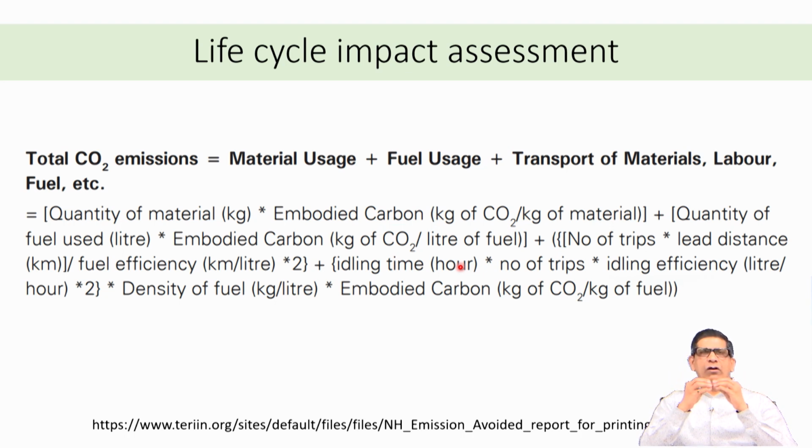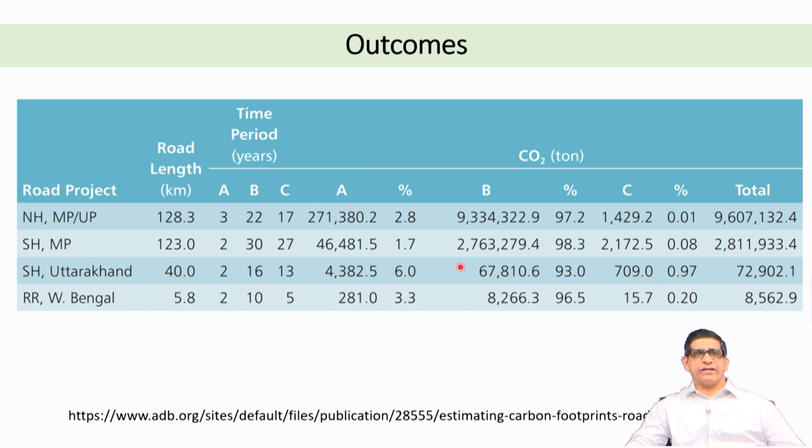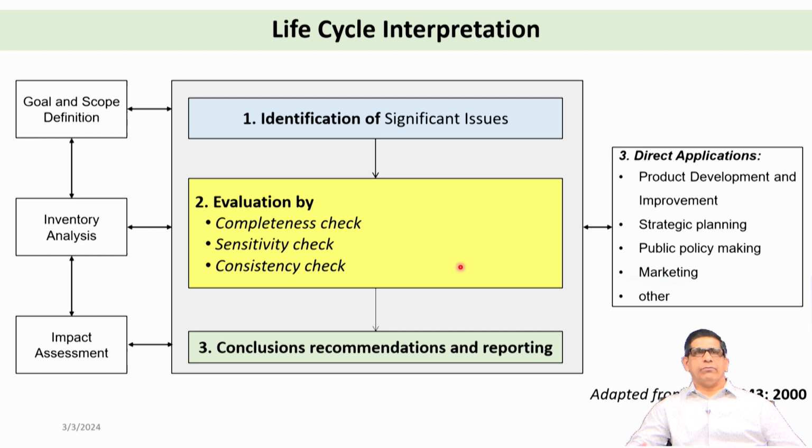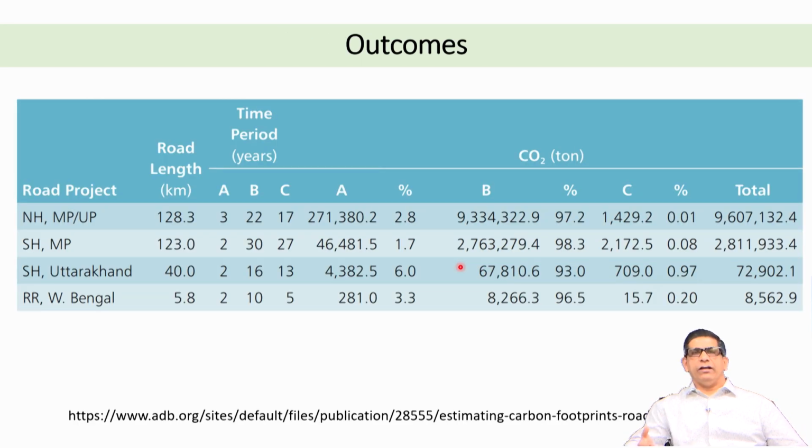You are trying to account for all the carbon being used in different stages and different scenarios, and you bring them together, and then you get your total CO2 emissions. So based on that, for different time periods and based on road length, you get how much CO2 is being released. So you get those numbers, and based on those numbers you can make some decisions